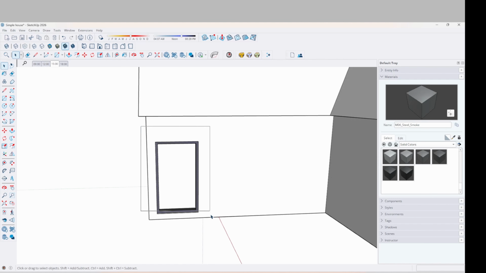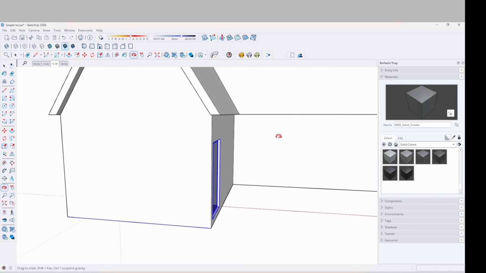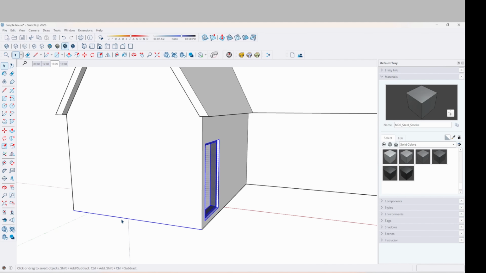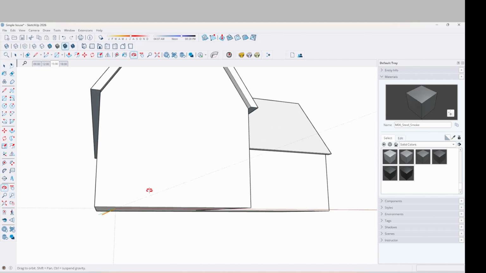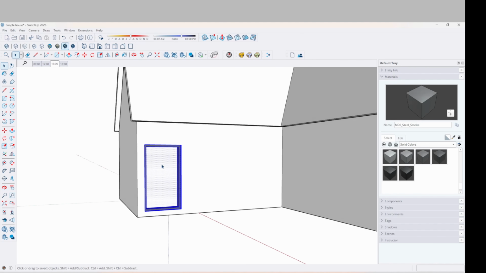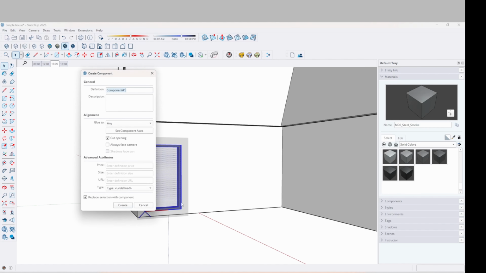So if I put a window around this geometry, you have to be careful that there's nothing at the back of this, because when I pull, you see I've selected this line at the bottom now as well. So it's always good to check if there are things behind. I can always hold down shift and click on this line, and then double check that I didn't select anything else. And it's just a right click, make component, and the definition name,